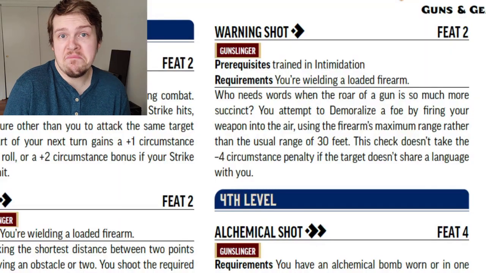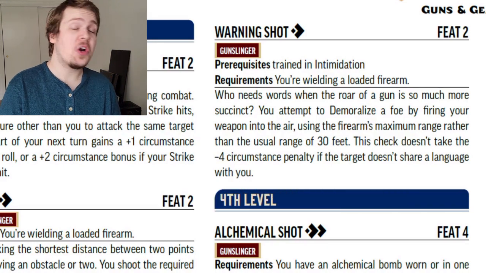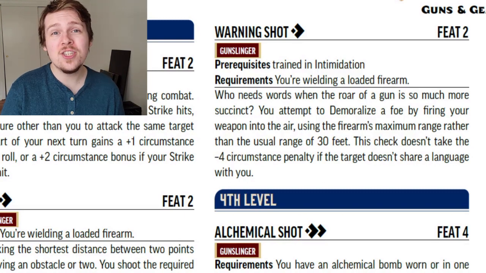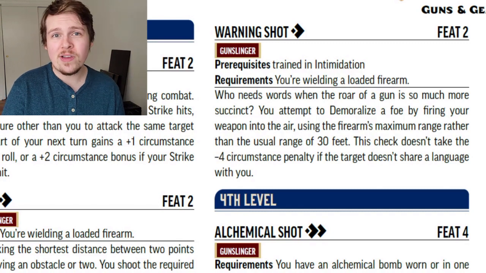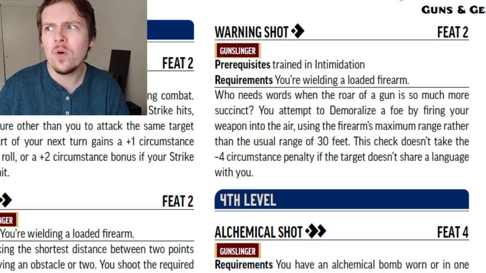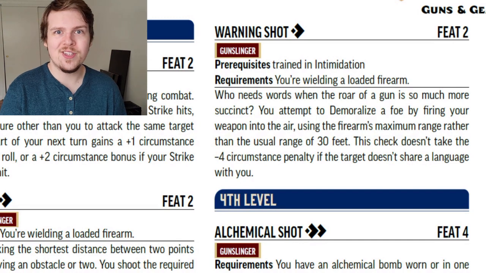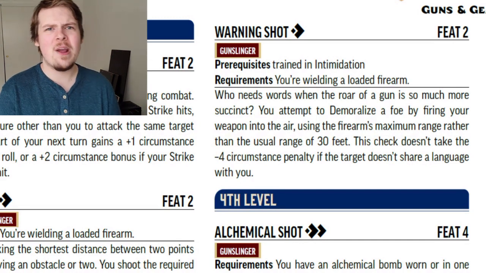Warning Shot increases the range of your deception check to a crazy amount depending on your equipped firearm. Normally, Demoralize only has a range of 30 feet. Now, its range increases to 4 times your range increment, or maybe it's 6 times. All weapons have a max range, and it's either 4 or 6 range increments before you just can't reach the target. So if you're using a firearm with a 20-foot range increment, then your Warning Shot now has either an